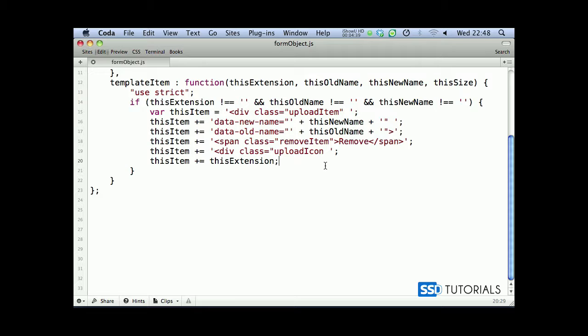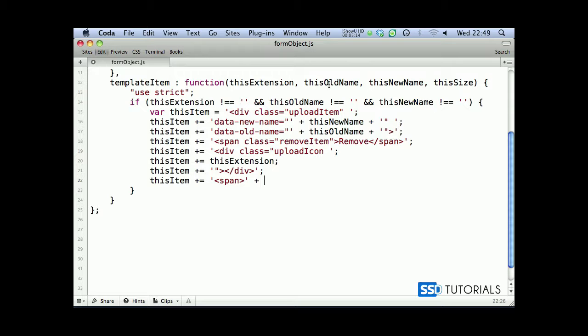Our CSS file already knows what to do with this. Basically, if we have JPG class, then we use the specific image as well, rather than image position, because we're using sprite here. Okay, this item plus equals after the extension, single quote, closing the class attribute, closing the tag, and then closing div tag as well. Semicolon after this item plus equals, we go for single quote span,